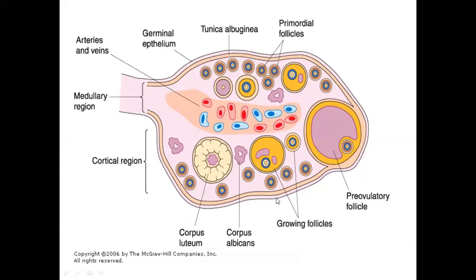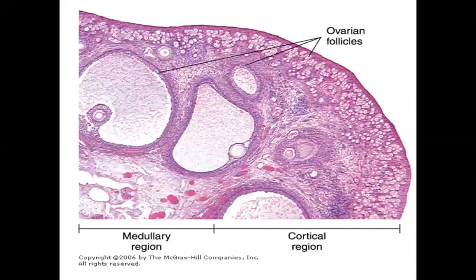But the difference in the case of mare is that the cortical region is the central region, and the connective tissue medulla surrounds the ovary from outside. So it requires a specific area from where the pre-ovulatory follicle will reach and release its ovum. Now looking at an actual micrograph,